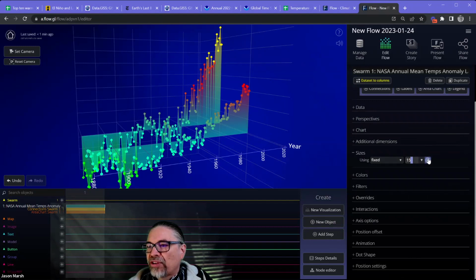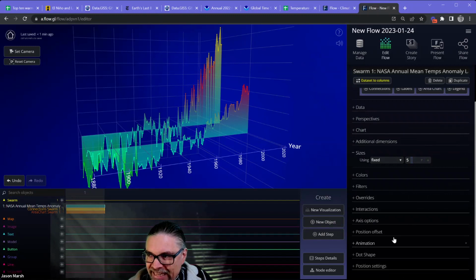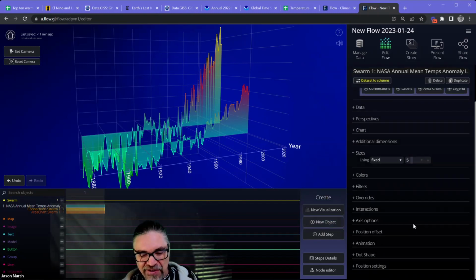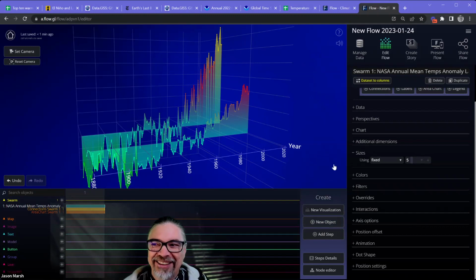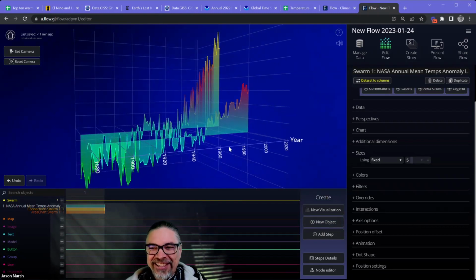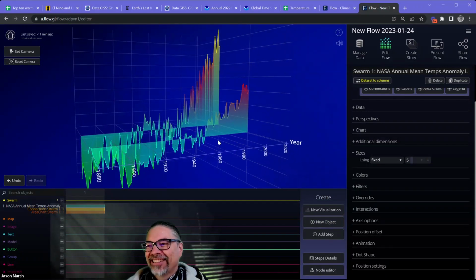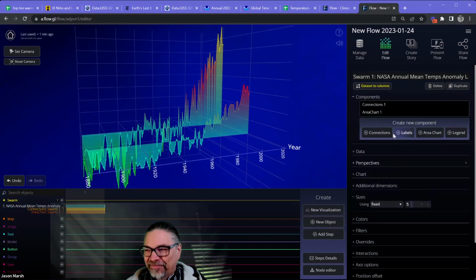Remember, sizes is what changes the size of the dots. So it does take some getting used to all of these options and how they're organized. So the way I describe it is you can create a flow in minutes once you've worked with the tool a little while. Your first flow is going to take more than minutes, so be patient with yourself and you'll get into it and figure it out.